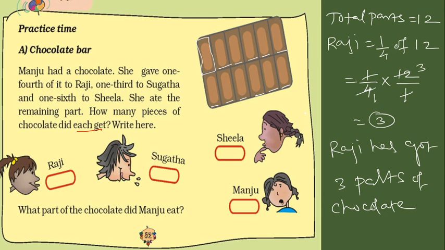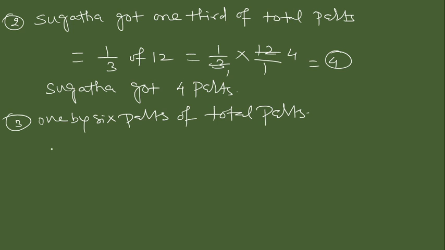So look here, 1 by 6 to Sheila. So we write here 1 by 6 of total parts to Sheila. So right here 1 by 6 multiplied by total parts 12. So right here 1 6s are 6, 6 2s are 12. 2 parts